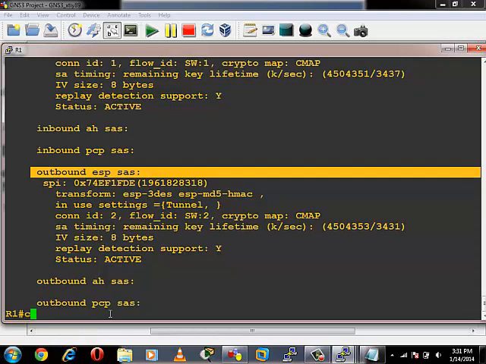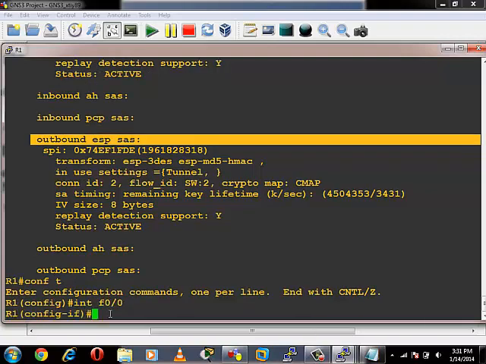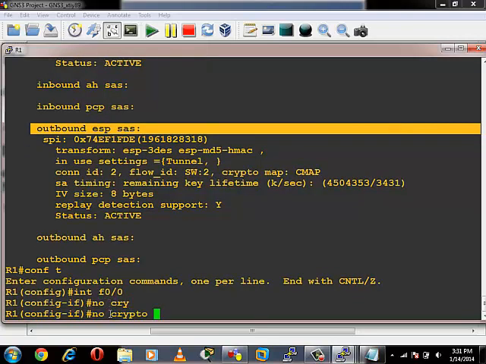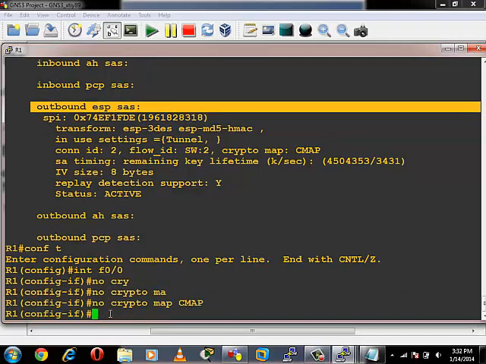Now if you want to see the packet, because I have used ESP, it is not showing me the packet. If I want to see what is actually in the packet, I have to go in that interface and say no crypto map. Like that I have to disable that map CMAP. Okay, after disabling,